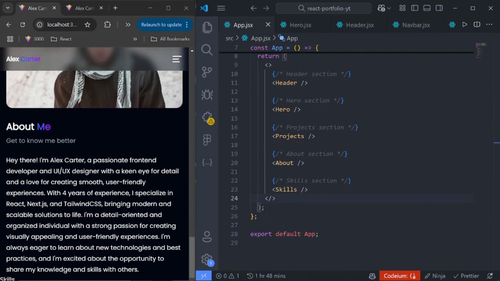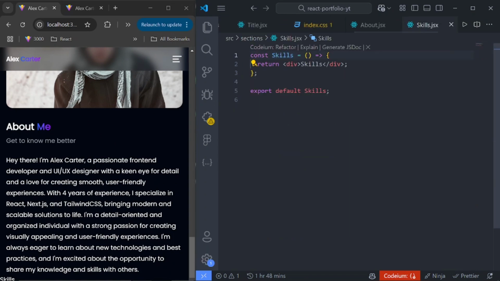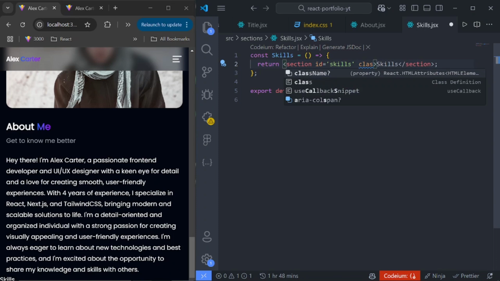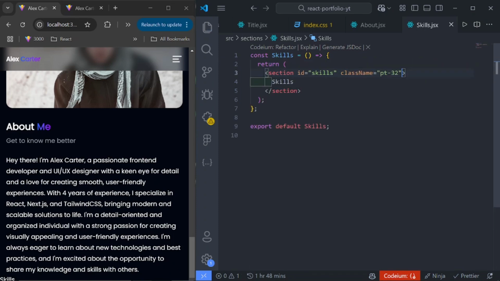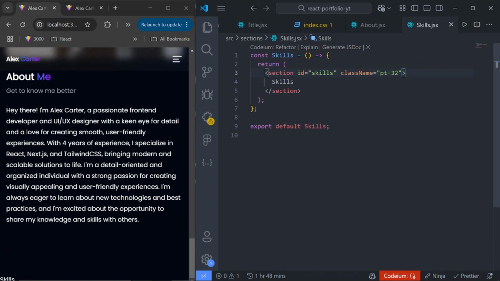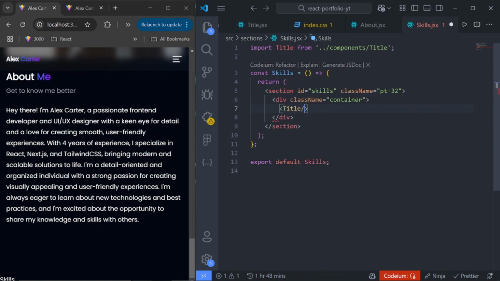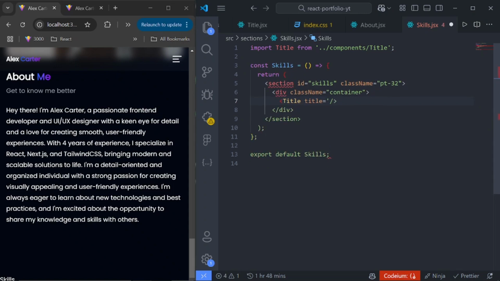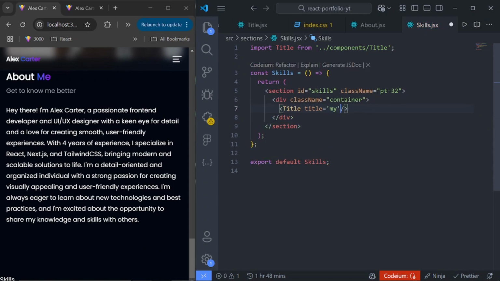So if we check now, you can see the skills is coming in, and we'll have to go into the skills and change this to a section, give it an ID of skills, also a class of pt-32 to add some padding to the top, and we'll bring in the container, and inside the container we'll bring in our title, and the title will be, I don't know why it keeps adding this curly bracket, so we'll say the highlights will be skills,